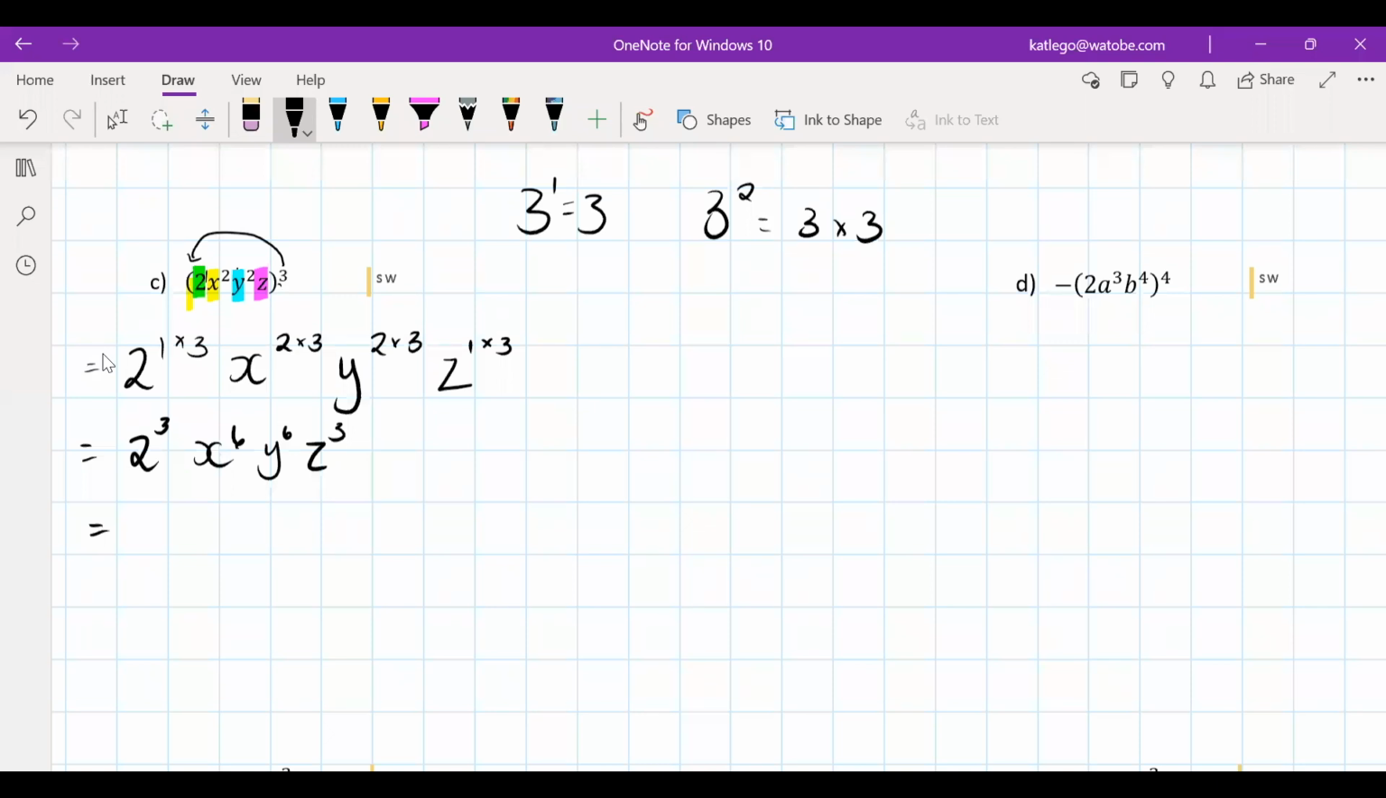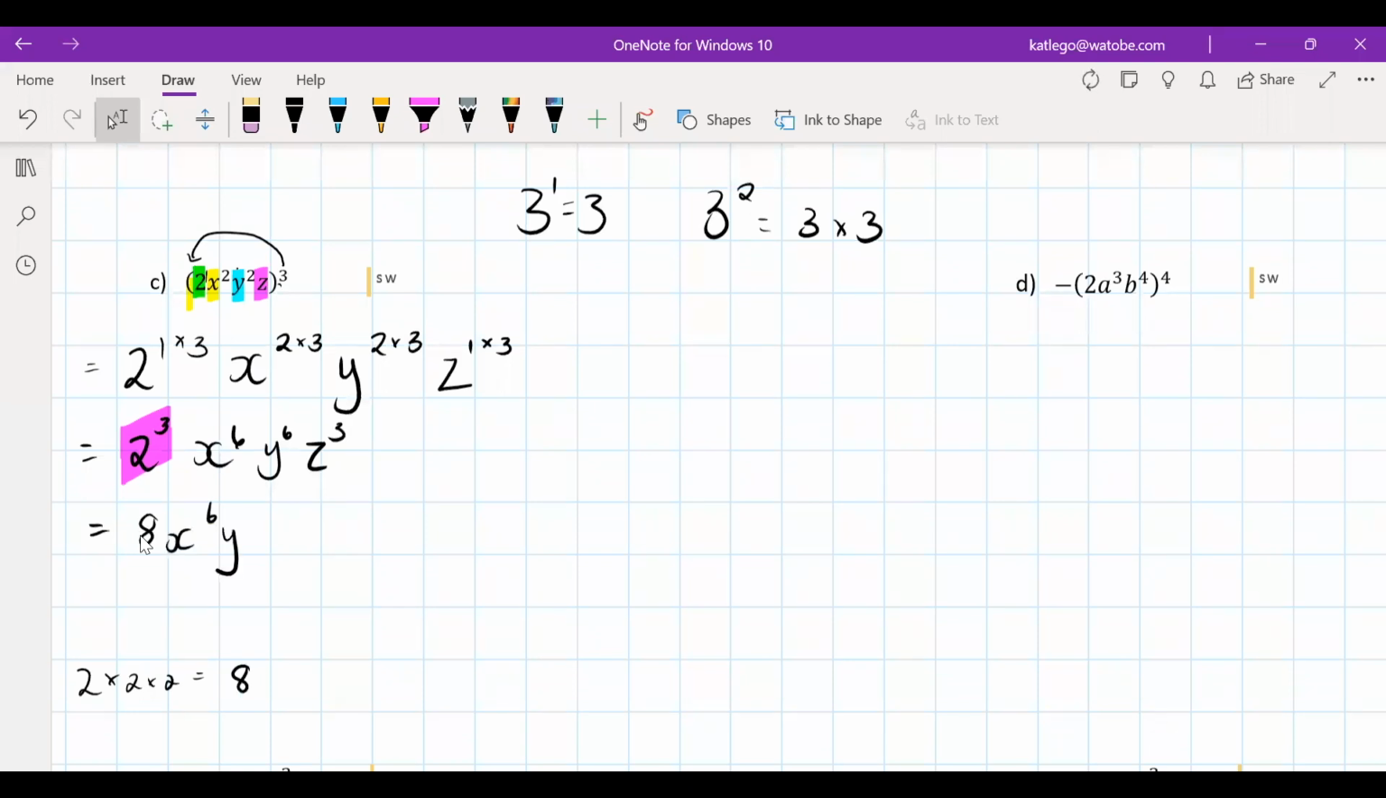Yes. Check again. We can still simplify. What can we simplify? We can't do anything about the variables, right? But check here. What does 2 cubed mean? 2 times itself 3 times. Thank you. So how much would that give us? 8. Wonderful. So then the final answer will be 8,